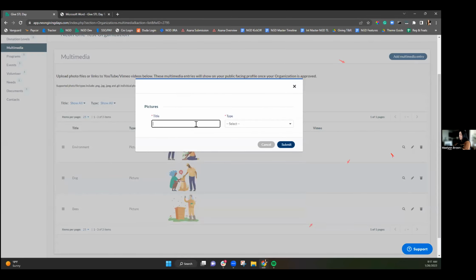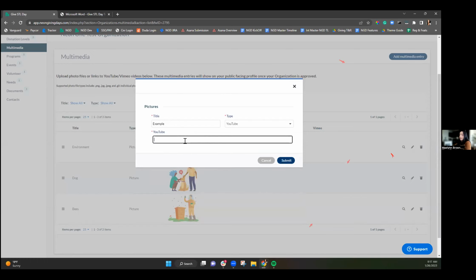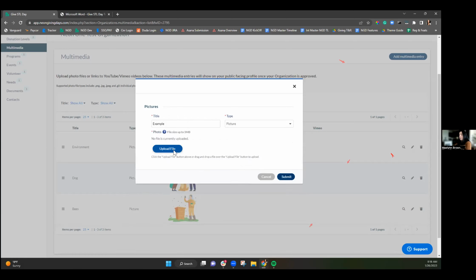The title is not displayed publicly, but you'll select the type. Pictures, you can drag and drop or upload. YouTube or Vimeo links, you'll basically grab your public link from your YouTube account and paste this in here. Just to let you know, the videos do need to be public and not private just to your profile, or they won't play. But to upload a picture,